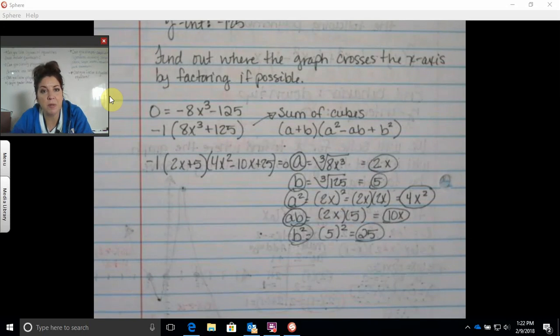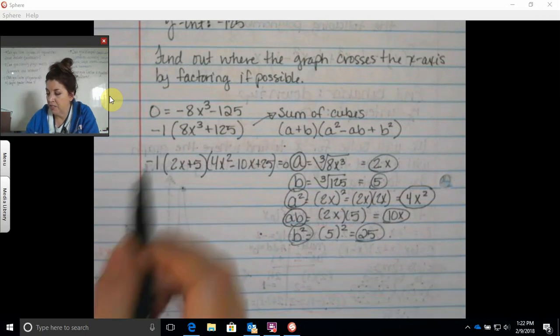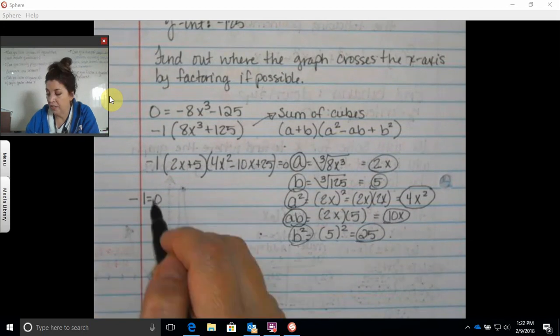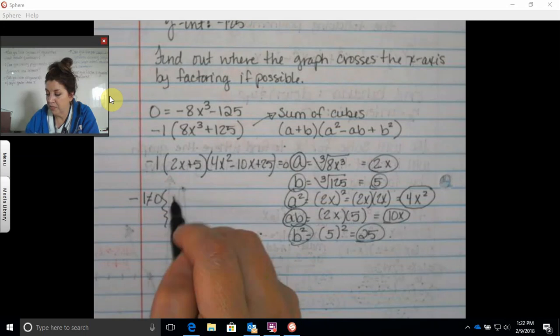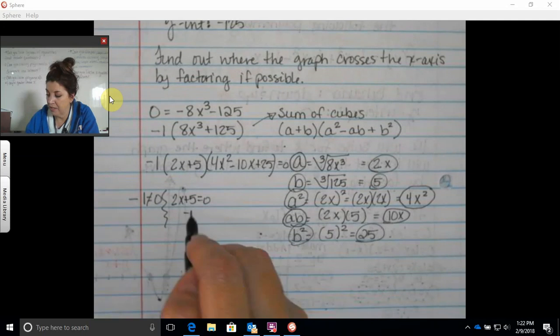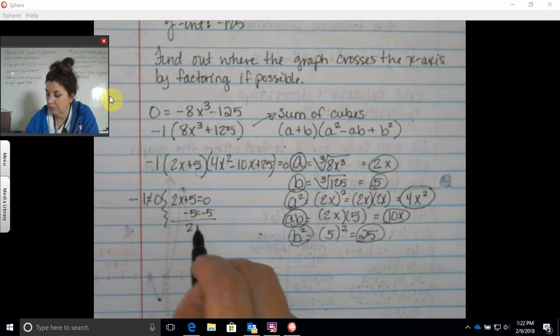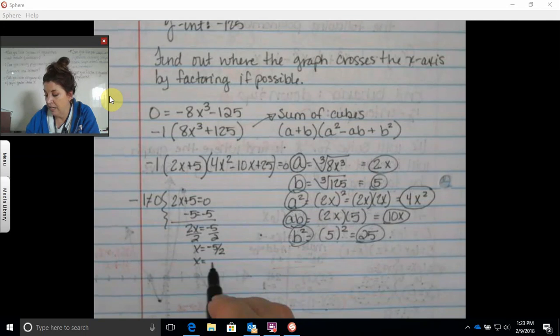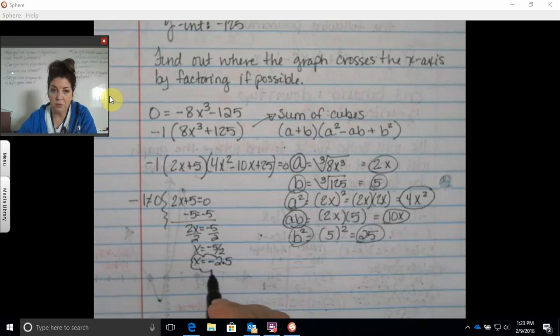So how many solutions are we supposed to have according to how many degrees we had? 3 solutions, right? Is my first factor going to give me a solution? Is negative 1 equal to 0? No. So we're not going to find a solution there. Can I get a solution from 2x plus 5? Yeah. Solve for x, right? I'll subtract 5 from both sides. Divide by 2. X equals negative 5 halves, or if I'm graphing this, I would probably say negative 2.5. So I know my graph will cross the x-axis